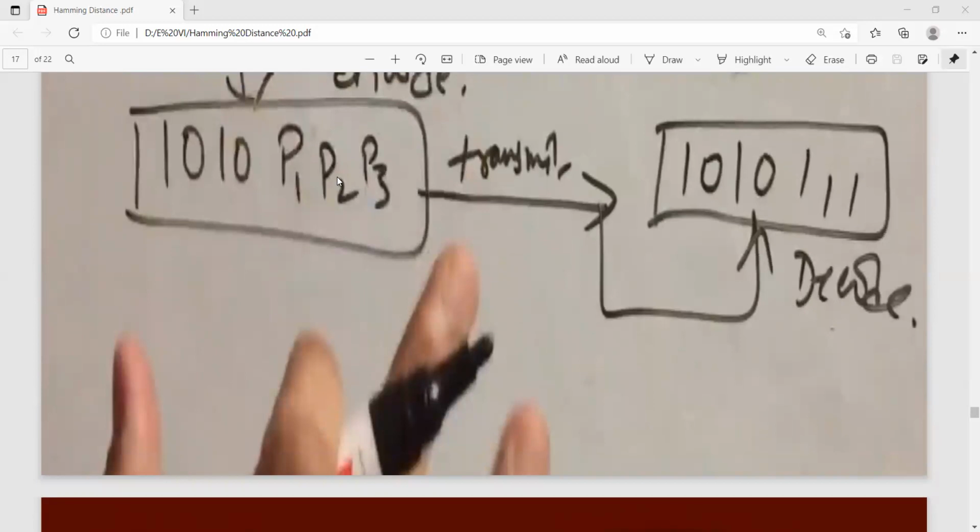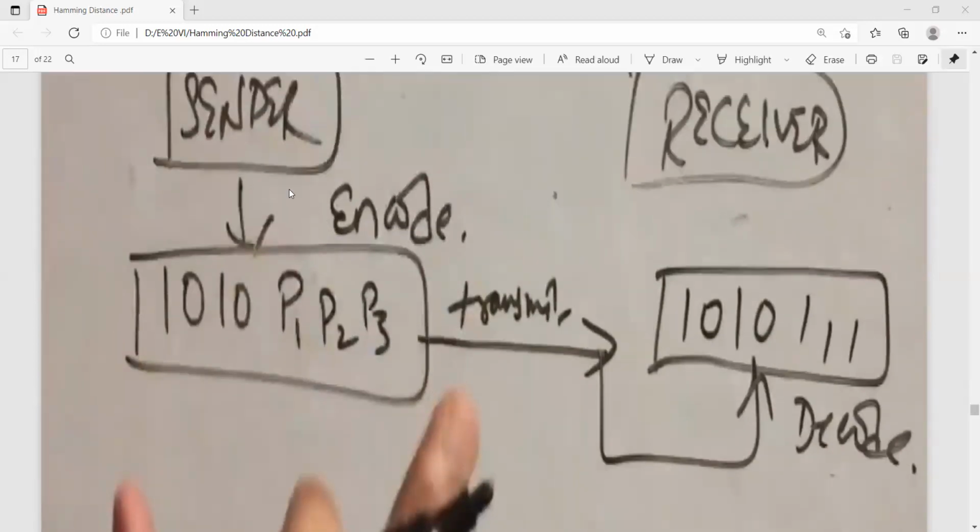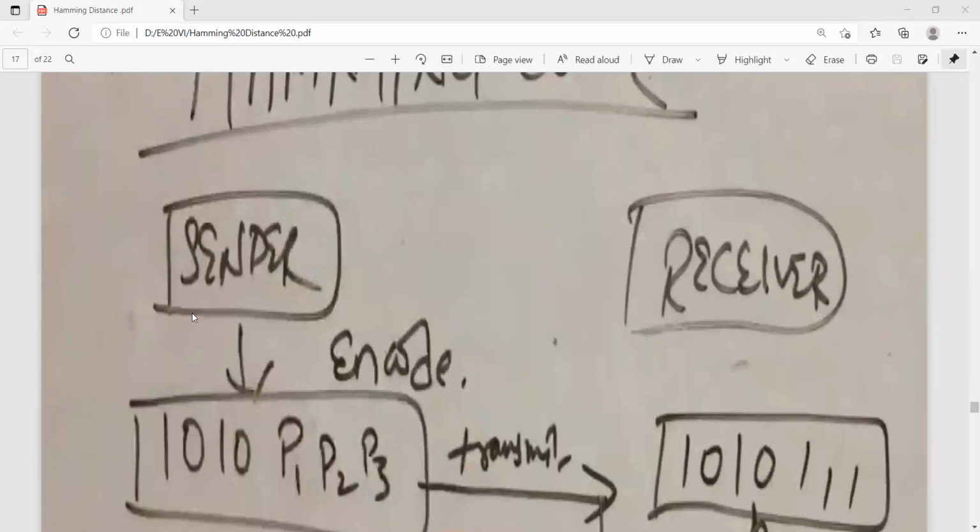Here the sender has to encode the given data by adding some additional parity bits, and the receiver will receive the data as it is. He compares it with the code word. These two people must know the code word. So with this code, he matches the data.